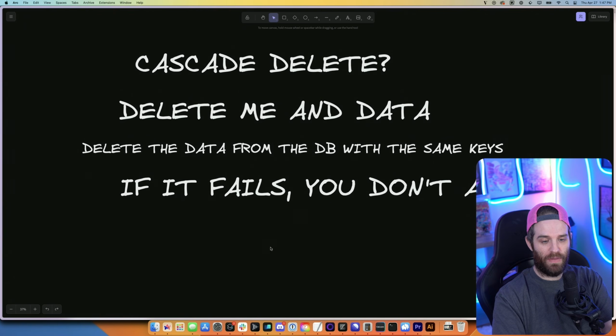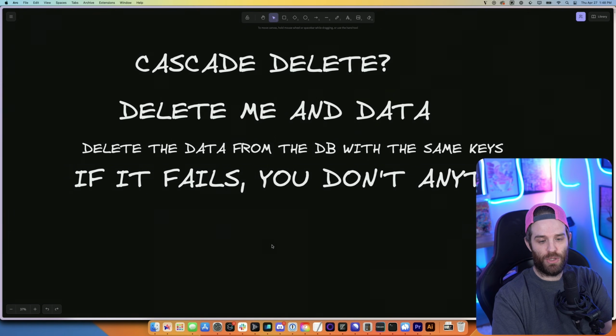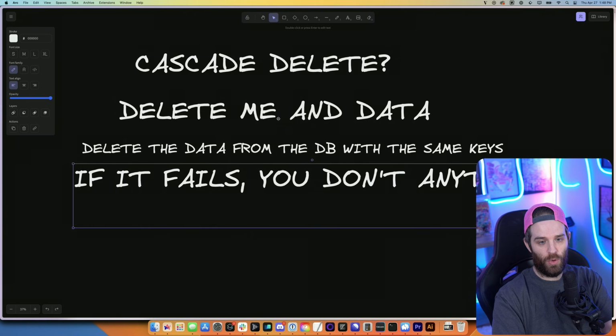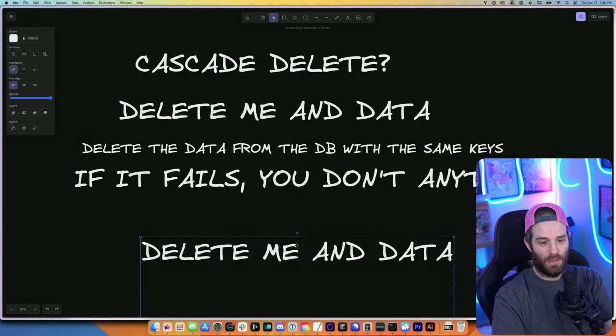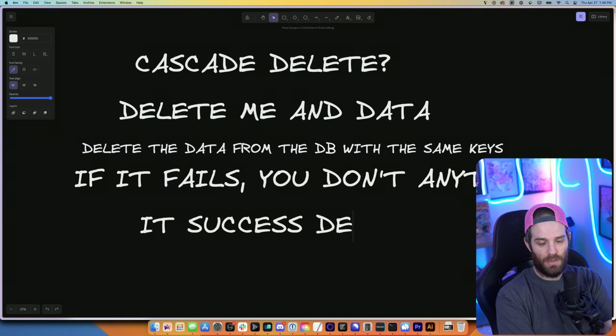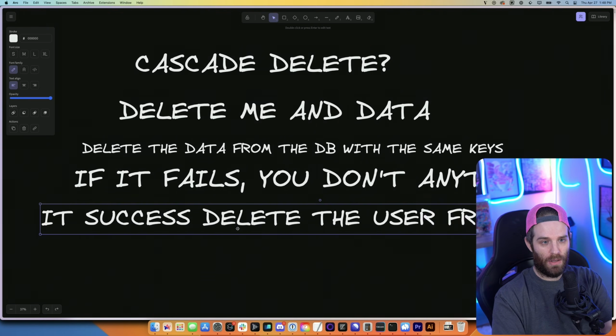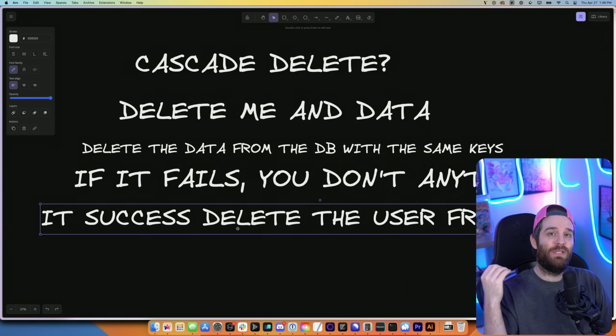So we already know that that's failed, for whatever reason the DB has failed to delete their data from the database. You don't do anything. And then if it was successful, you delete the user from Clerk. It would work exactly the same as if you were deleting your account via, say, a cascading delete for a users table.